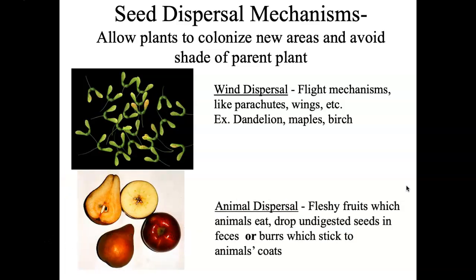So sometimes those seeds are within a fruit, and obviously the wind isn't going to blow an apple very far. So it uses a different mechanism to get away from its parent plant, which would be the apple tree. It has a fleshy fruit that attracts animals that want to eat that. So the animals eat it, and they walk along the forest floor or through the orchard, and then they poop somewhere, and then those seeds are basically in the soil and fertilized automatically by nature of the animal moving the